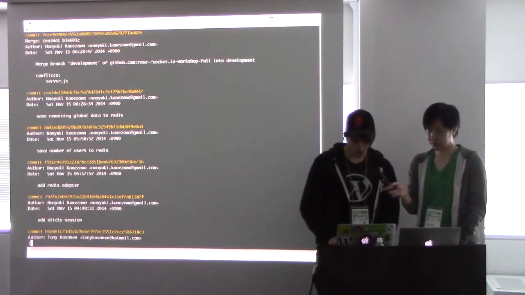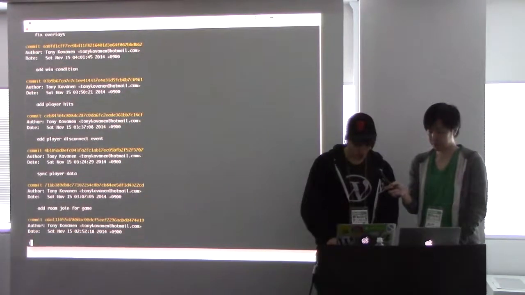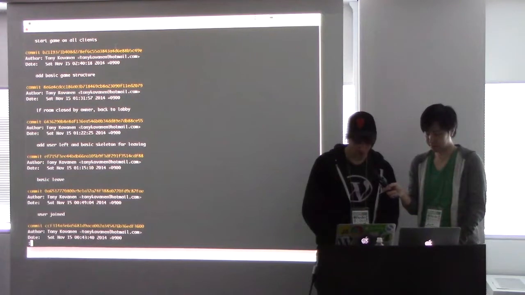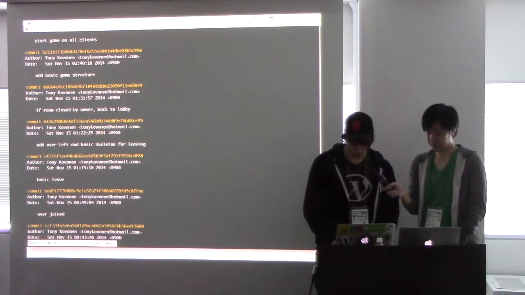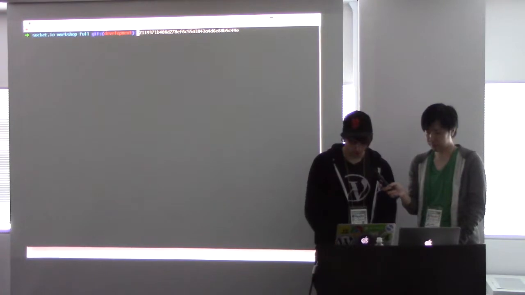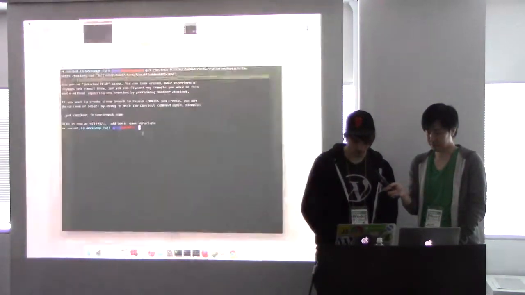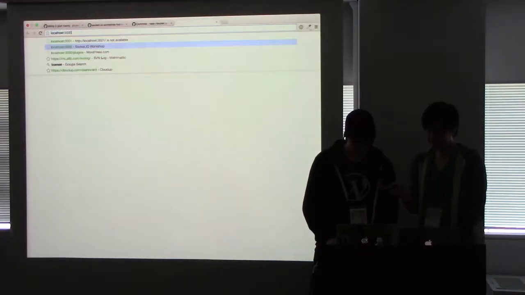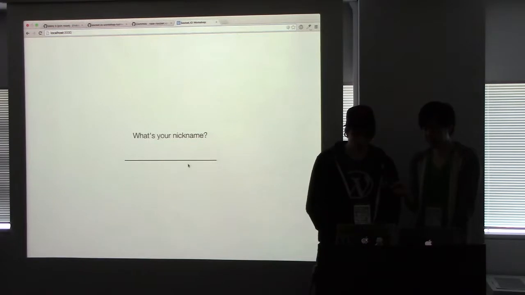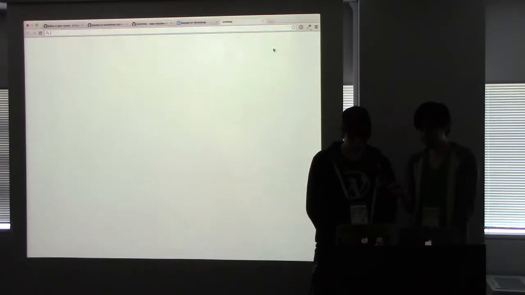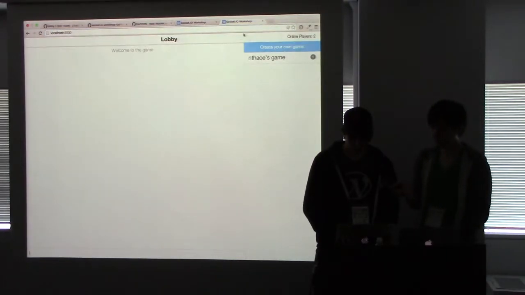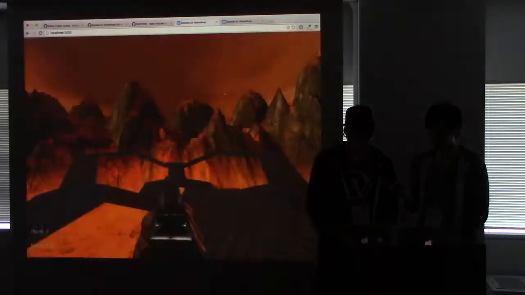So I'm going to check out this branch called Add Basic Game Structure. Follow along, you can check out the same branch, the same commit. Let's open up the game. Basically, it has all the same functionality as what I showed you just now, but in addition, when you click Start Game, it actually starts